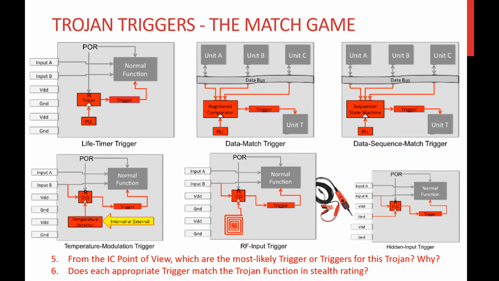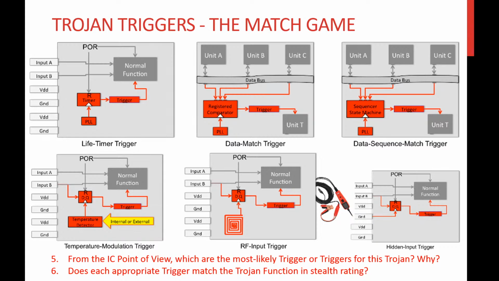So given this complicated thought process, which happens to be everything a Black Hat hacker had to think about when designing a Trojan, here are the most likely answers for number five, from the IC point of view. Which are the most likely trigger or triggers for this Trojan, and why? And here we have